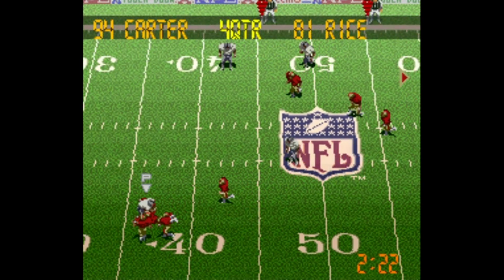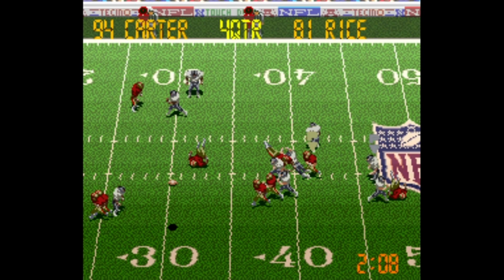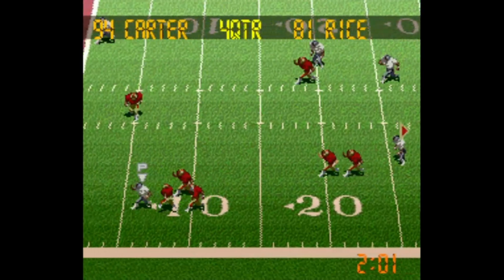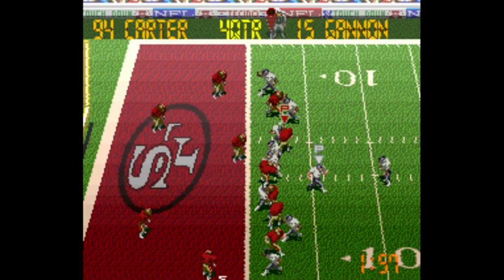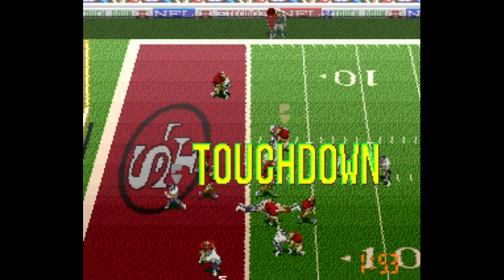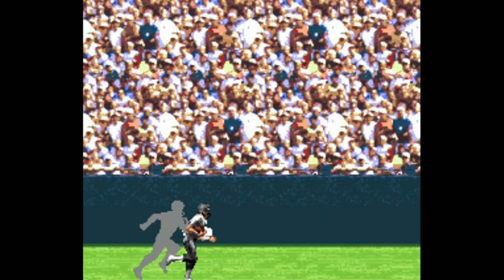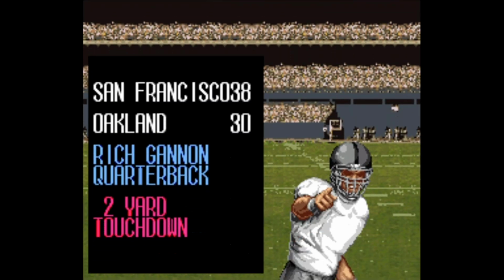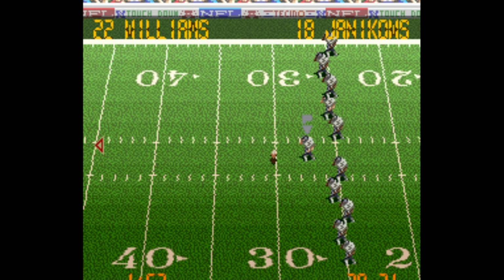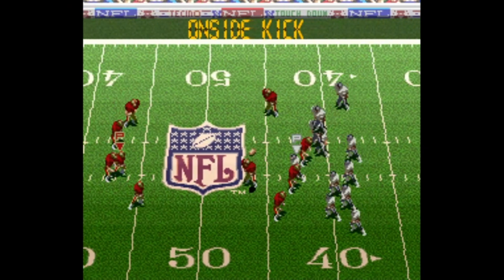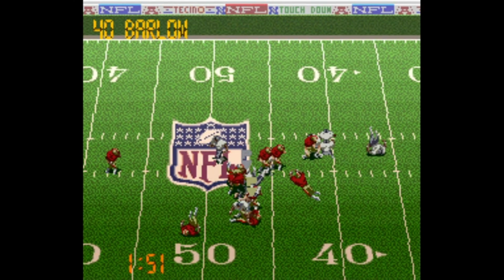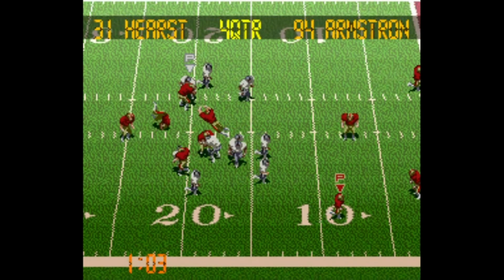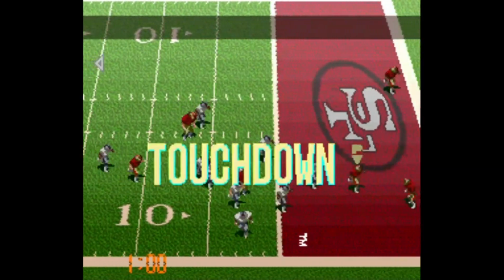He did just about everything on this drive, including catching this pass and getting it down to about the 2-yard line. Rich Gannon's going to sneak it in to get the lead back to within 7. It's 38-31. The Raiders are going to be lining up for the onside kick. Sebastian Janikowski puts it down, but Kevin Barlow recovers for the 49ers. That leads to this touchdown pass to Garrison Hurst.